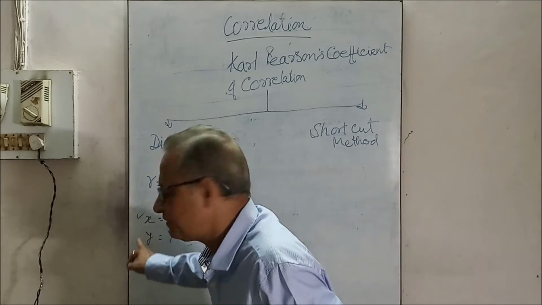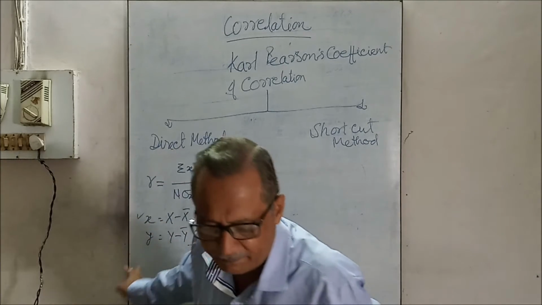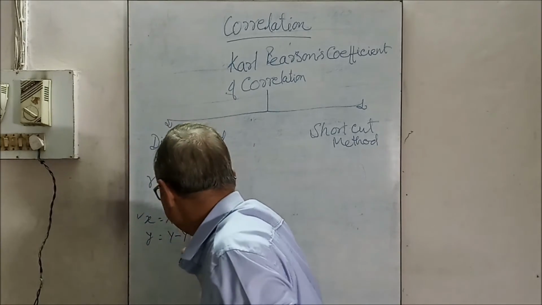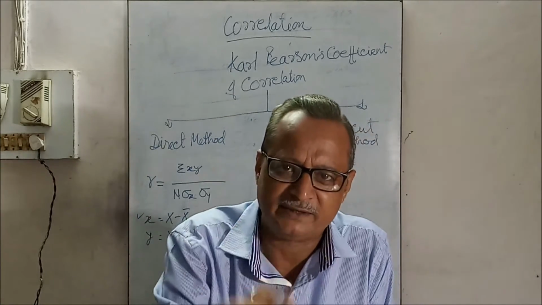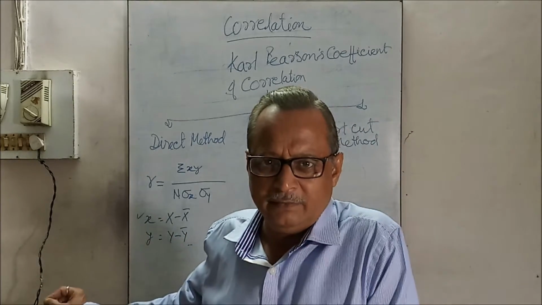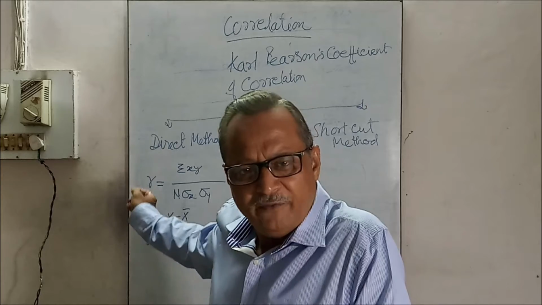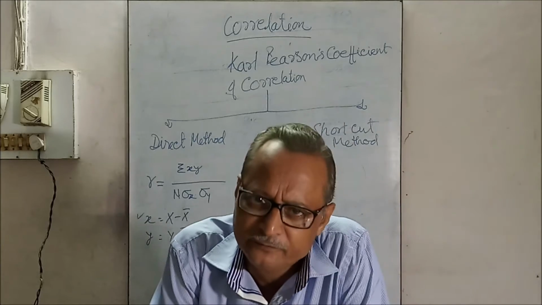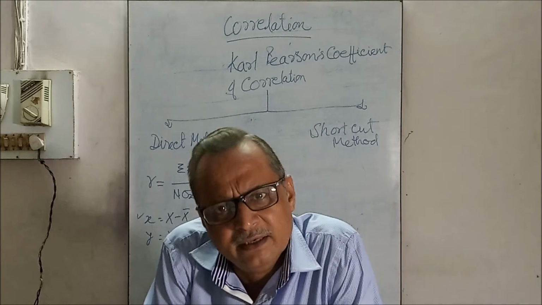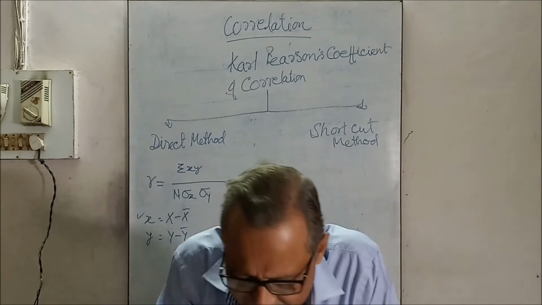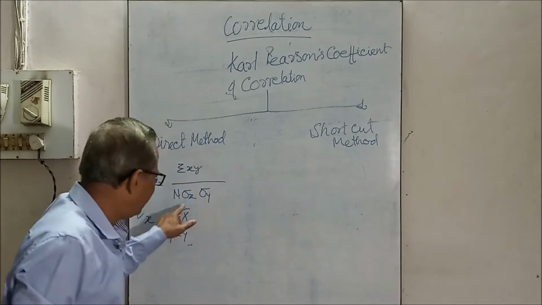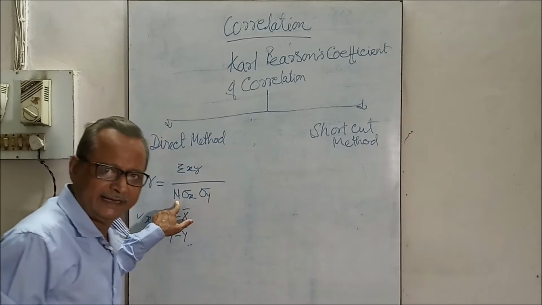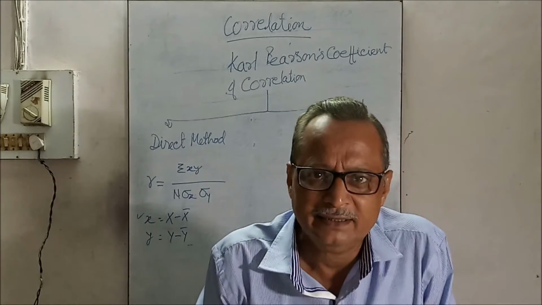Likewise, we multiply the deviations from the respective means, the x series mean and the y series mean. We find the deviations and then multiply them. We find the product of the corresponding deviations of the two series, and that is divided by the standard deviation of the x series and the standard deviation of the y series, multiplied by the number of items observed. That is presented over here.